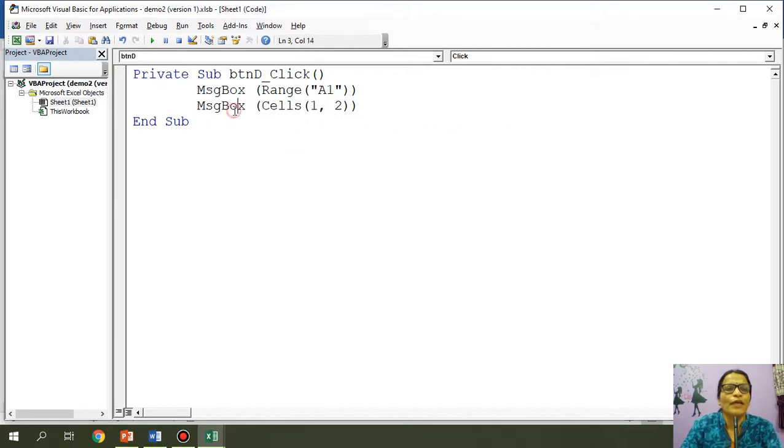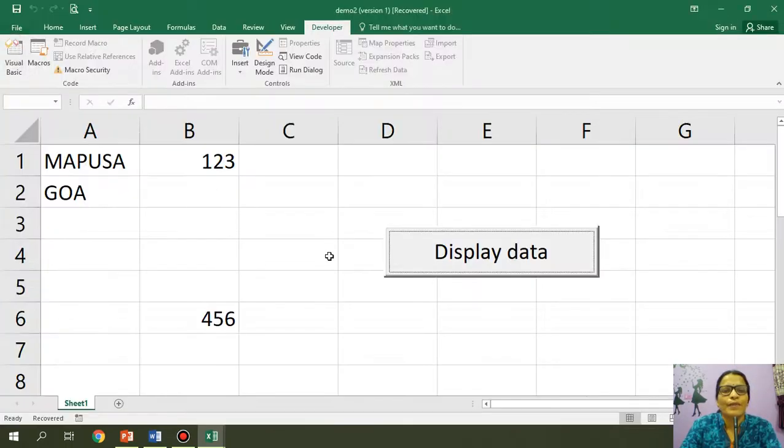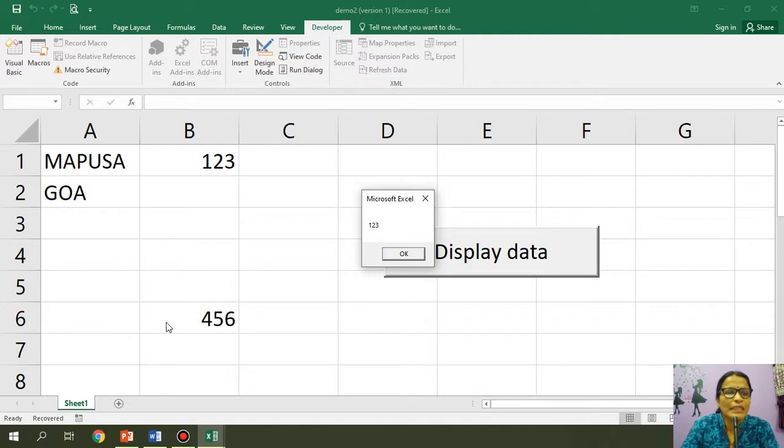So now if I go to Excel and I click on display data, first thing is that I'll get Mapusa because I said range A1, and second I'm getting 1, 2, 3. You can see here this is the first row second column, right? Suppose I want 4, 5, 6 to be displayed. So this is sixth row second column. Let's try that.